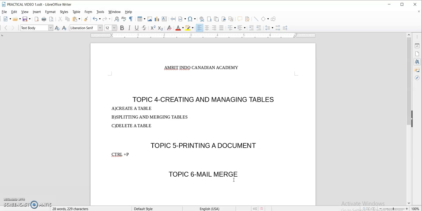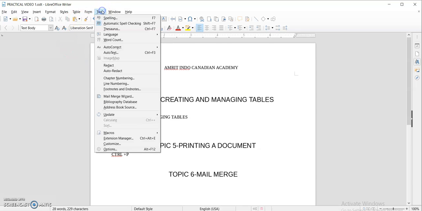Let us suppose your principal or class teacher wants to send a letter or notice to your parents regarding any meeting or function, then obviously the matter of the letter will be the same, but the addresses will be different for the different parents. So how can we include a mail merge in our LibreOffice?